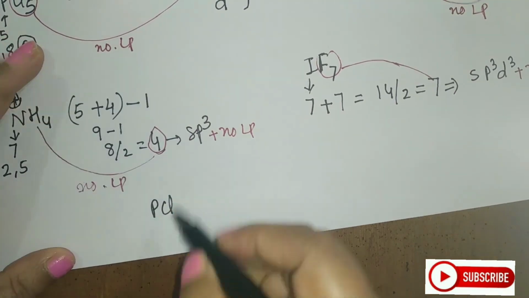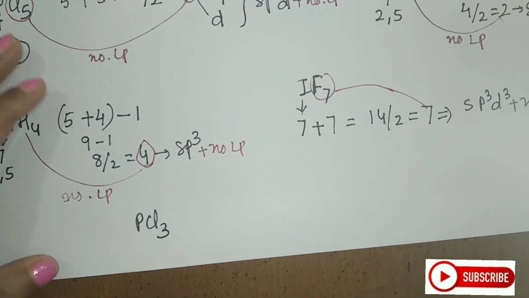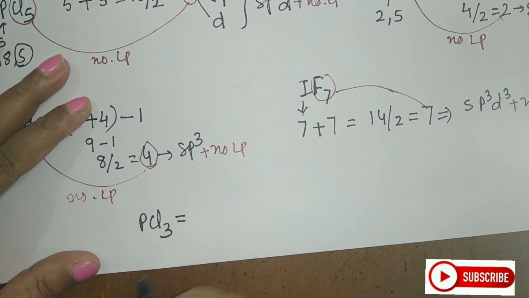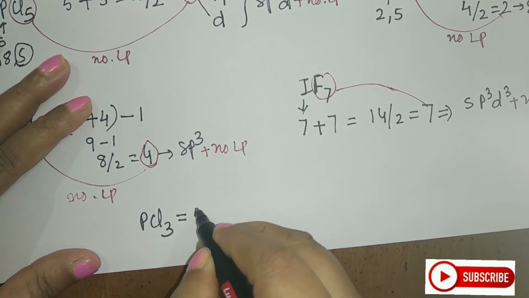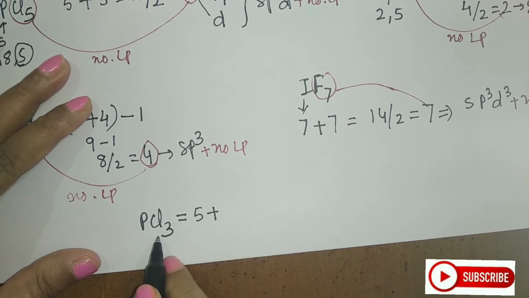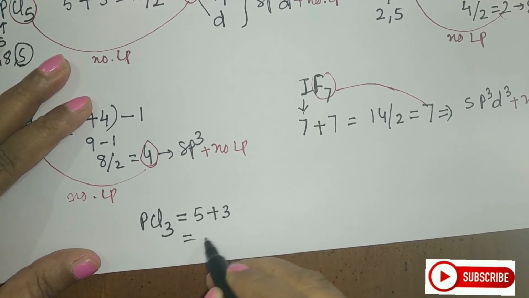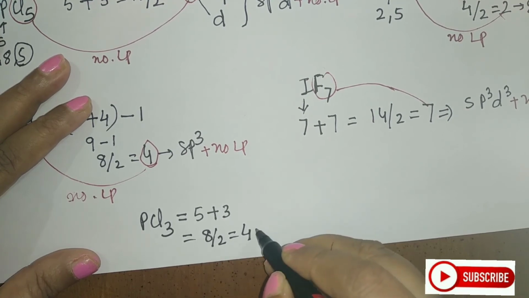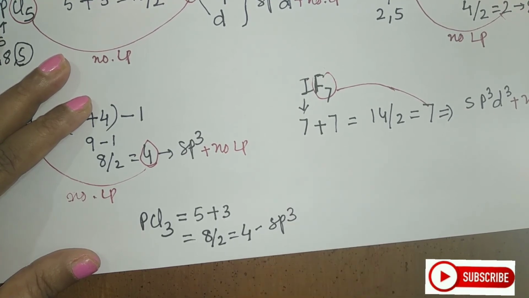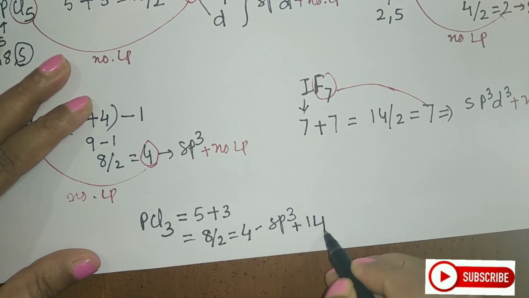Let us try for a few more, that is PCl5. We have already finished with PCl5. Let us go for PCl3. Now here phosphorus is from the 15th group. So there will be 5 valence electrons plus monovalent 3. So I will add this, I will get 8. Divide this by 2, I'll get 4. So the hybridization here will be sp3. If I check this 3 and 4, means plus 1 lone pair.